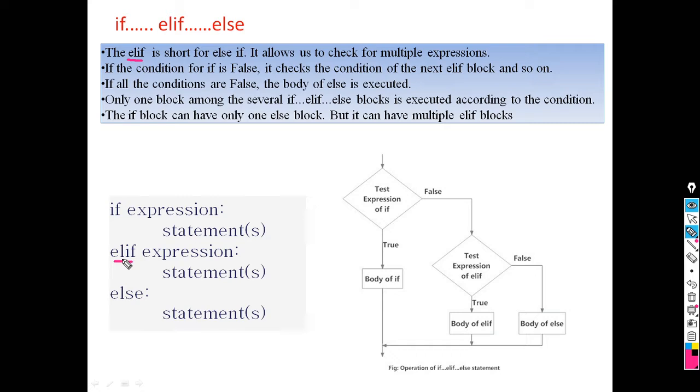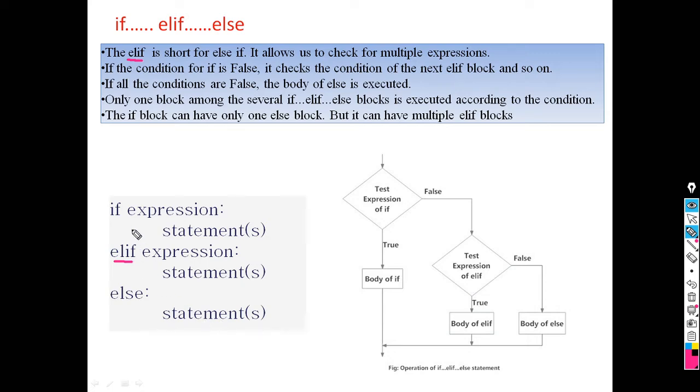So this is the elif part. And other than this, if this expression is not true, and this expression is not true, then what to do? Or else what to do? So you should write it in the else part. In else, again you can write one statement or a number of statements.